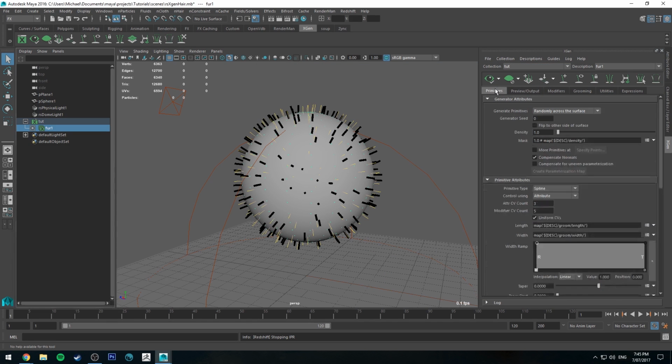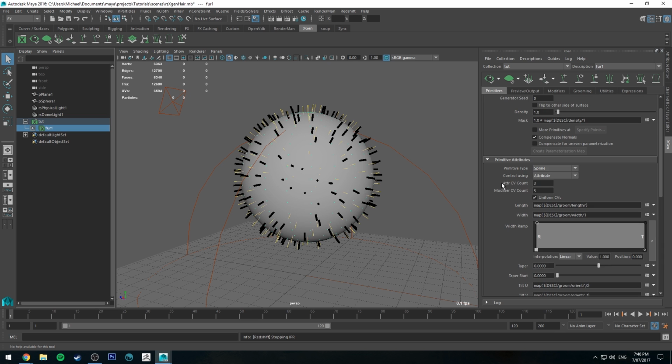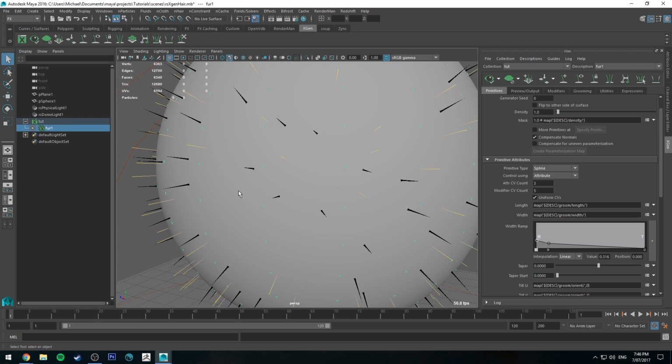So we'll take this a bit further again. So generally when I'm sort of starting out with fur, you can use the density on the primitives tab, but generally I keep it at 1.0. I'm going to reduce the width down and just sort of give it a bit of taper. You could slide the taper up as well, but I sort of prefer to do it this way to just get a bit more control. So if I refresh that now, you can see that the hair is sort of thin but thick at the